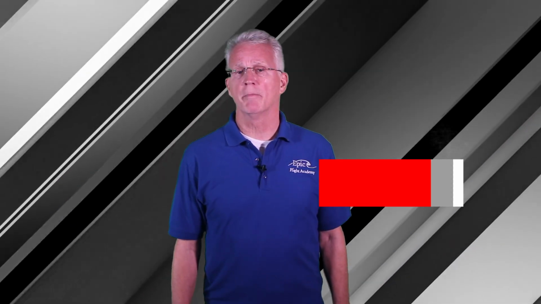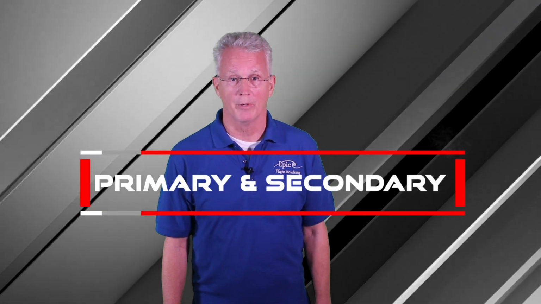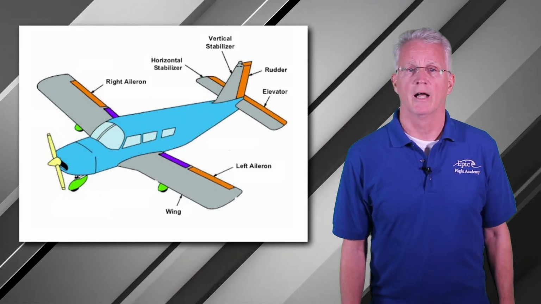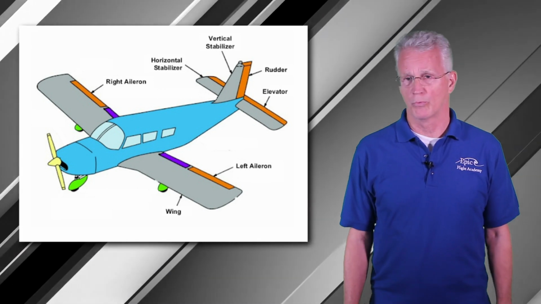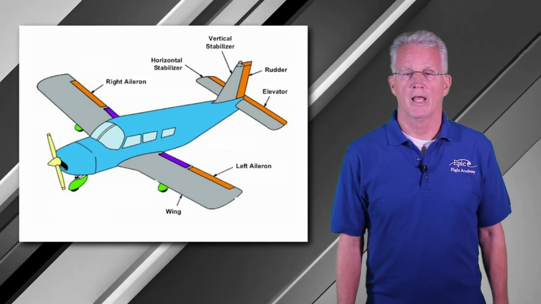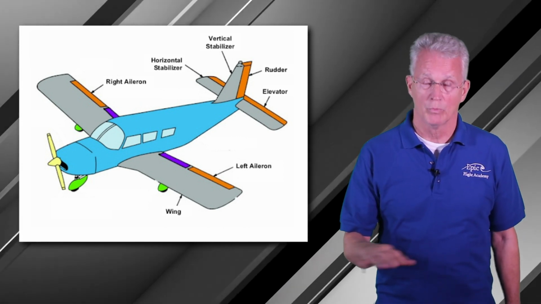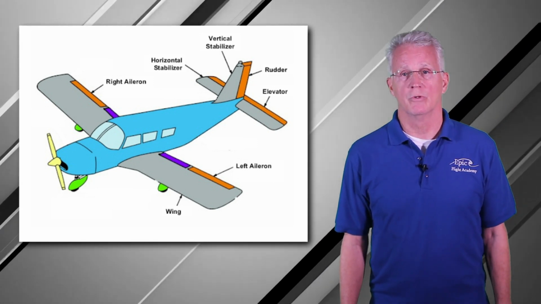Today our topic is primary and secondary flight controls. There are three primary flight controls. They are the ailerons, which are located on the trailing edge and outboard on both wings, the elevator and/or horizontal stabilator, which is in the empennage, and then the rudder, which is attached to the